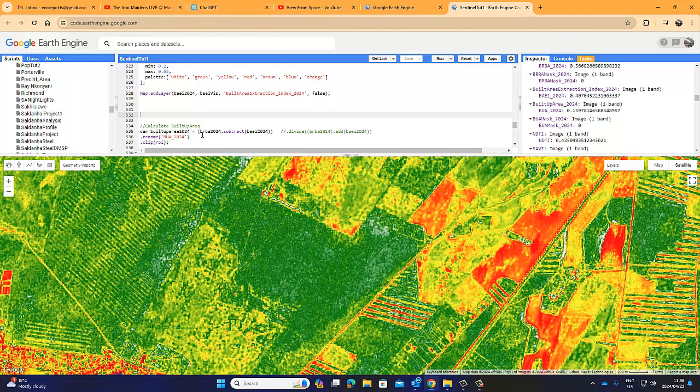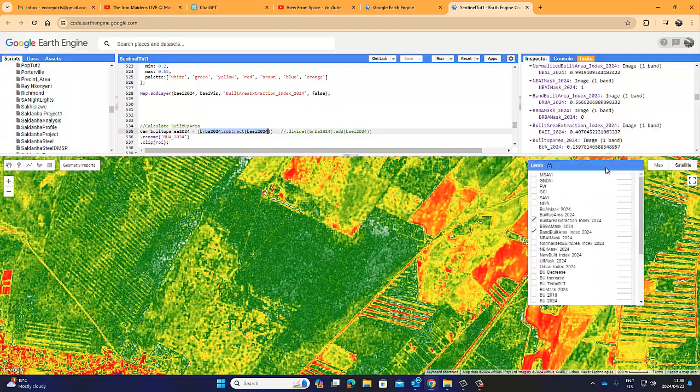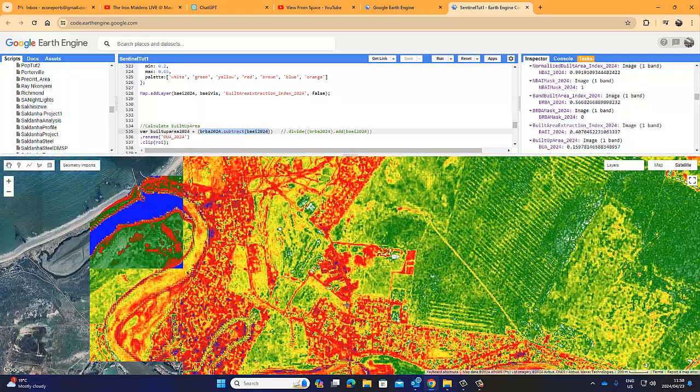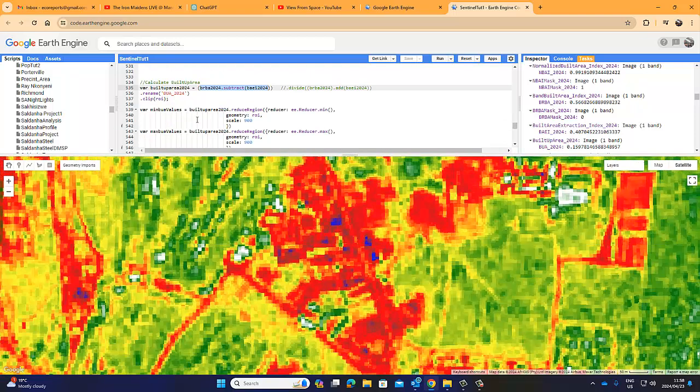Okay, so when I subtract the two, remember I start with the BRBA. Which one is the BRBA? The BRBA. Okay, so I have the small one, the build-up area index. Now I've got the big one, the larger value, 0.56, minus the small value. So they should be positive. Okay, so the numbers should be positive when I subtract them. Let's have a look and see. I go back to my build-up area index, which is here. Okay, so if I subtract them,